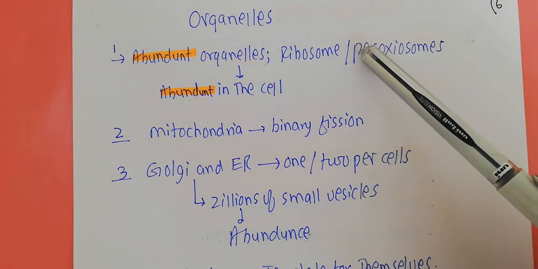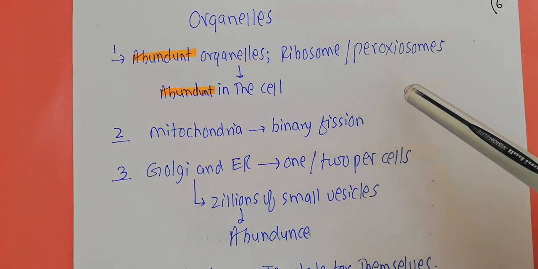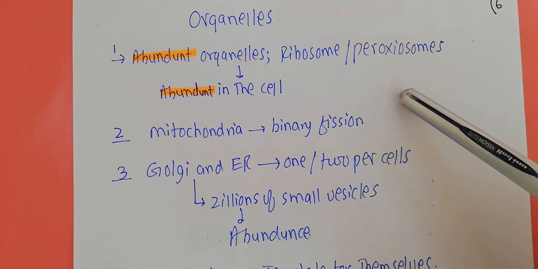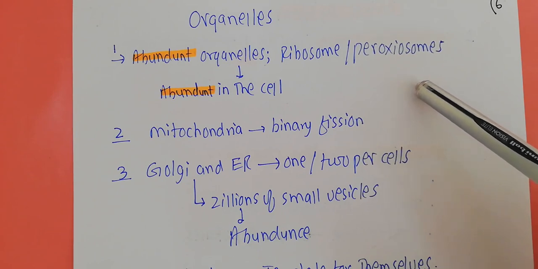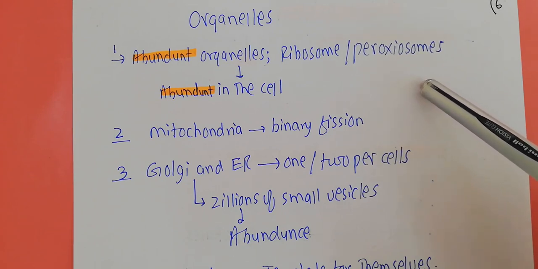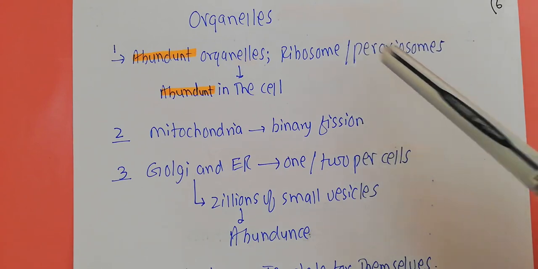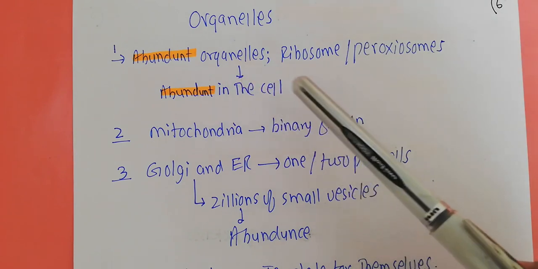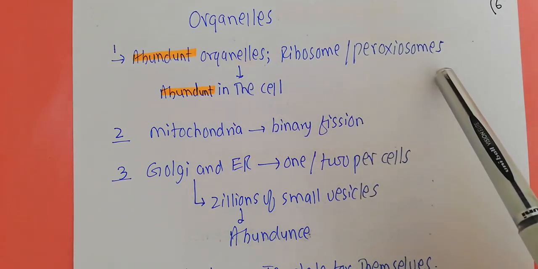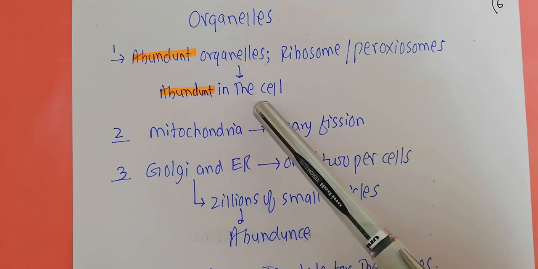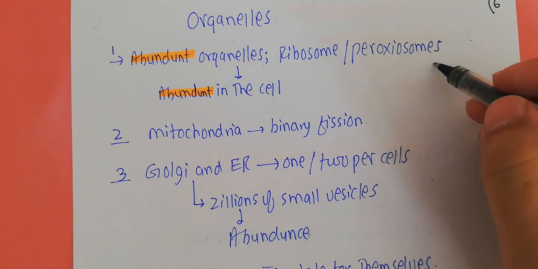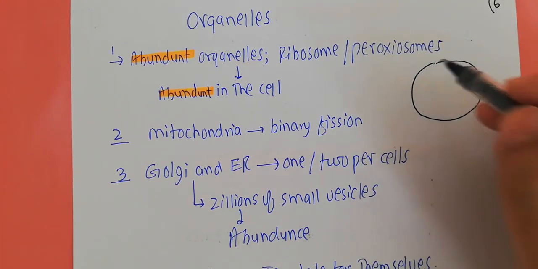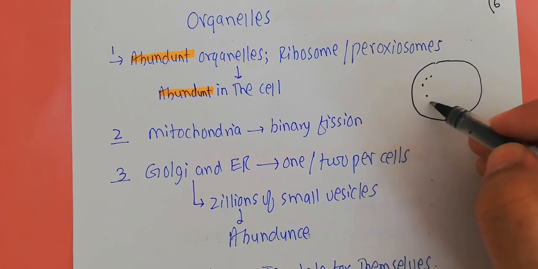When you are dividing cells, you are not only dividing the nucleus of that particular cell, but you are also dividing the organelles of the cell. So what is the strategy that the organelles follow during the cell cycle? If you talk about the abundant organelles like the ribosomes or the peroxisomes, their strategy is to be abundant in the cell. That means if you have a cell over here and a lot of ribosomes spread throughout the cell,